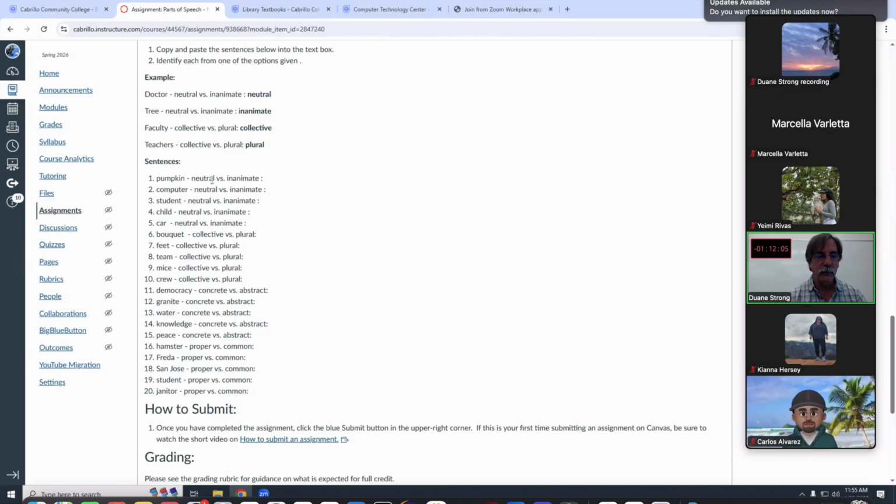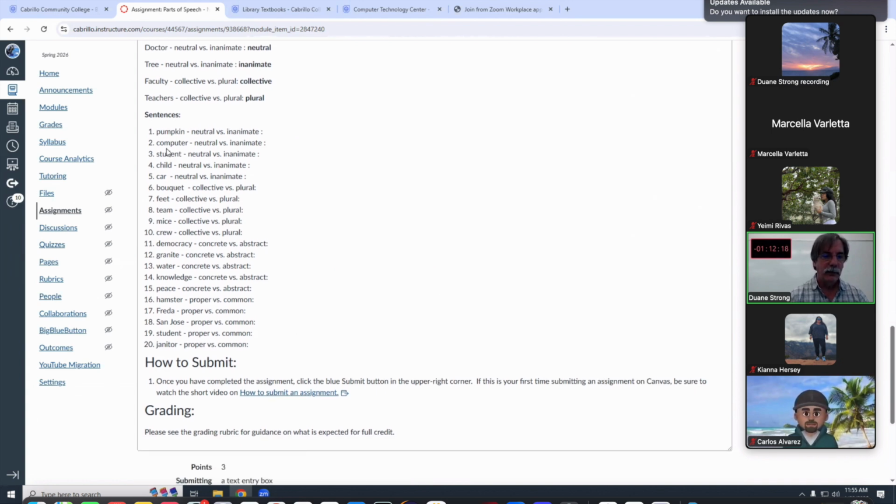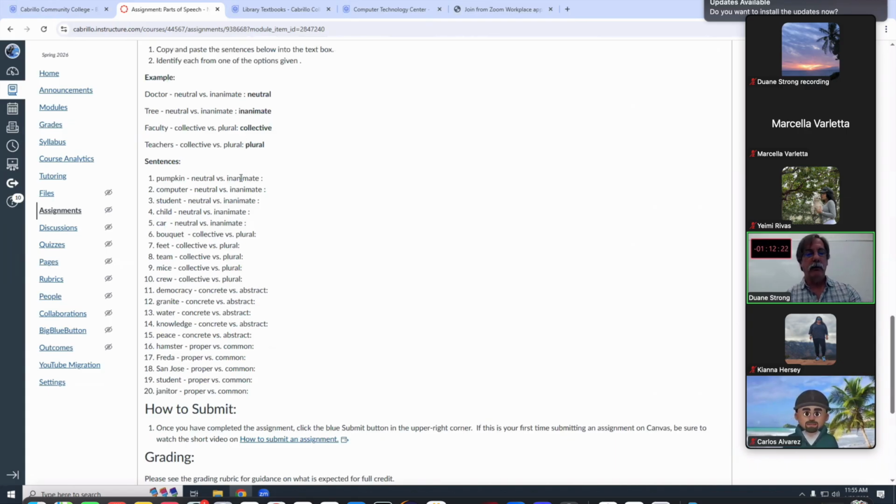These can be tricky sometimes because you're just like, well, I don't know if it's male or female, so it could be neutral. But if it's not an animal or a human, it cannot be anything but inanimate, right? So you go through each one of these and you can just highlight or bold the answer you're picking from these two, right? The first 5 are, is it neutral or inanimate?